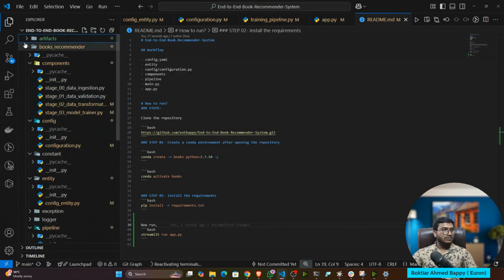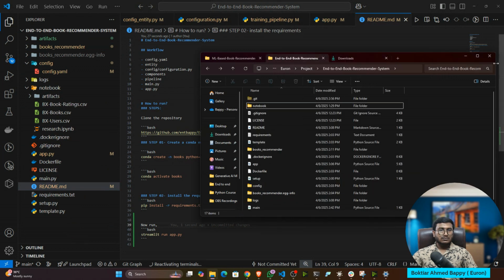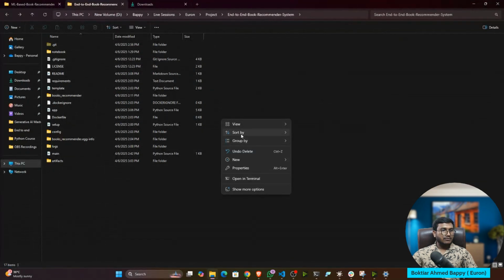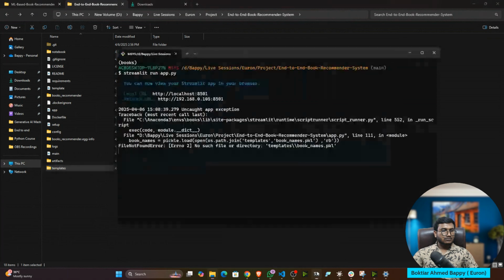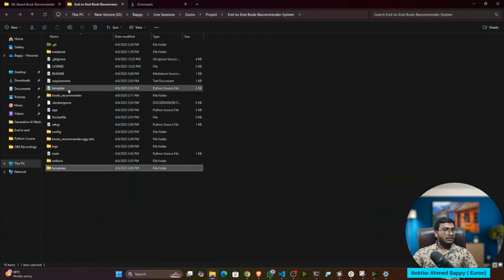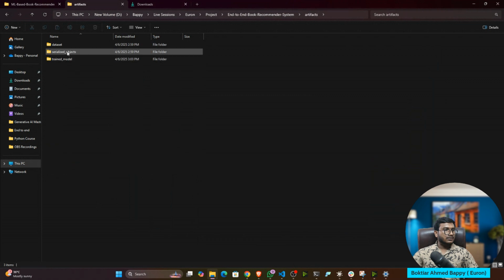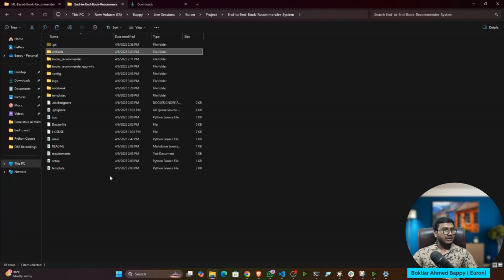So what I can do, I can create a folder called template. On the artifact, serialize object, this book name I'll copy inside, because this book name will be common.